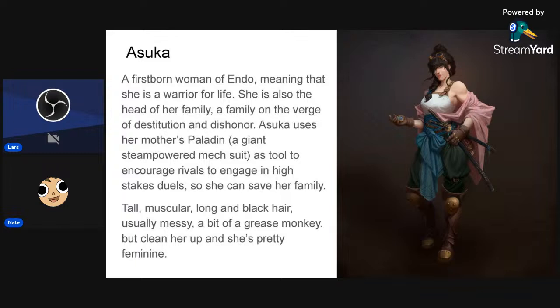Especially I love the goggles being on there. If I remember correctly, I actually asked him to put either the goggles down by her throat or right there on her forehead. And what Kevin decided to do was to push the goggles back even further to act as a full-on hairband instead. And I thought that was really cool because, again, it helps to accentuate a little bit more of her femininity as well as communicate she's a grease monkey.